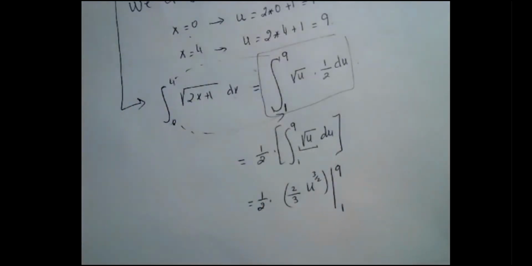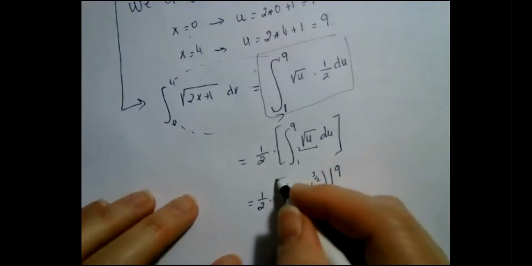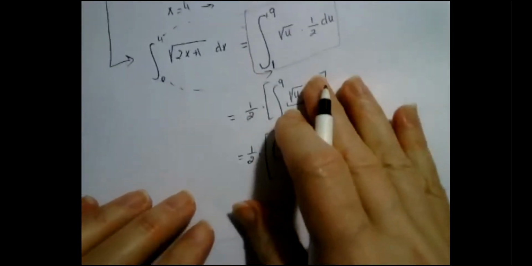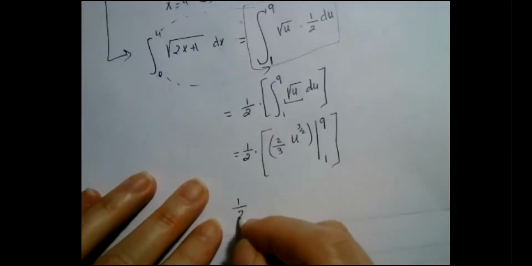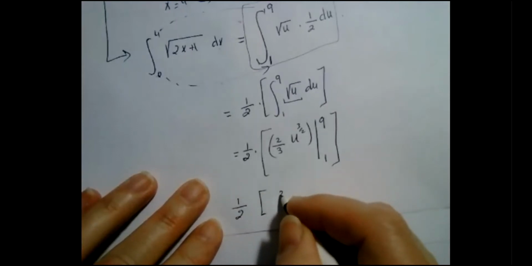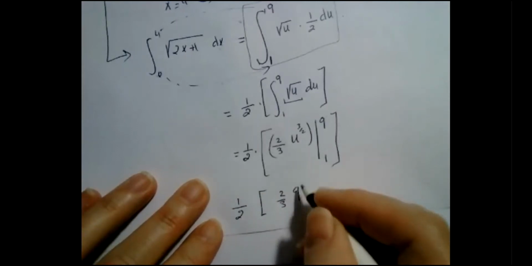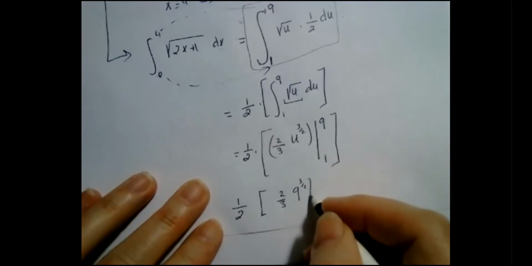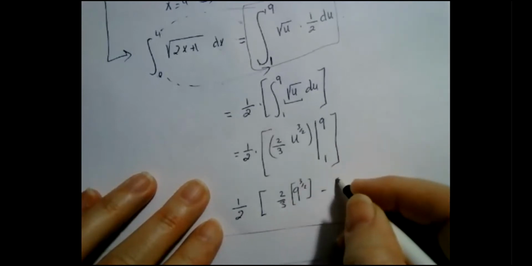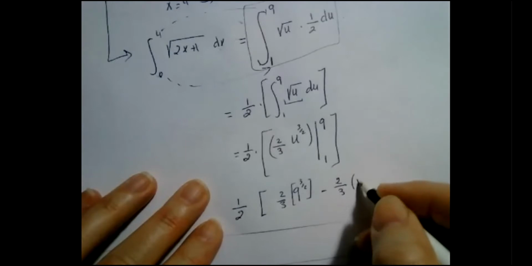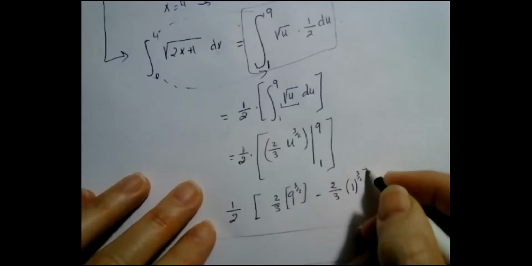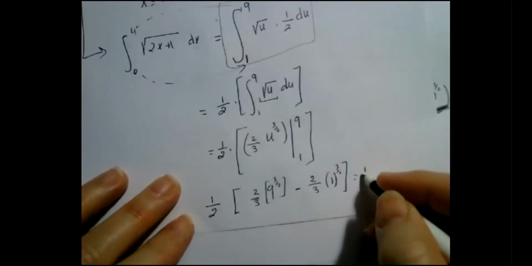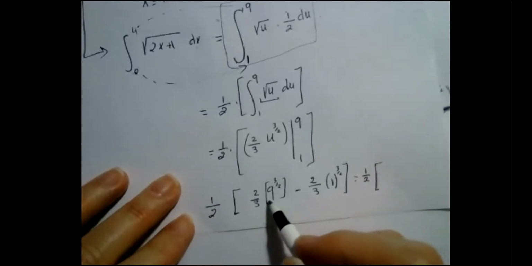Notice I'm not going back to x anymore. So finally, now I have an integral in u with a new limit, times 2/3 times 9 to the power 3/2 minus 2/3 times 1 to the power 3/2. And finally, I get a half times 9 to the